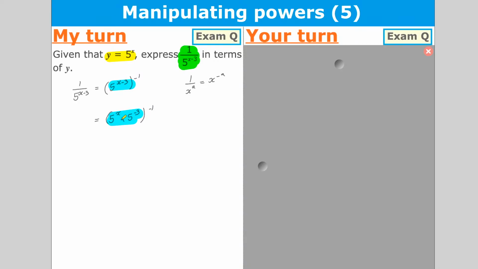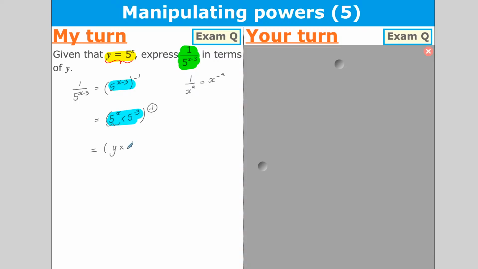So I've broken that up, just breaking up these as I've done in Thursday's lesson. We did a lot of that. And now what I can do is I can bring this negative power into both these terms here. But before I do that, the question told me y was 5 to the power of x. So I can replace this bad boy with y. So what have I got for myself here? Well, I've got y times